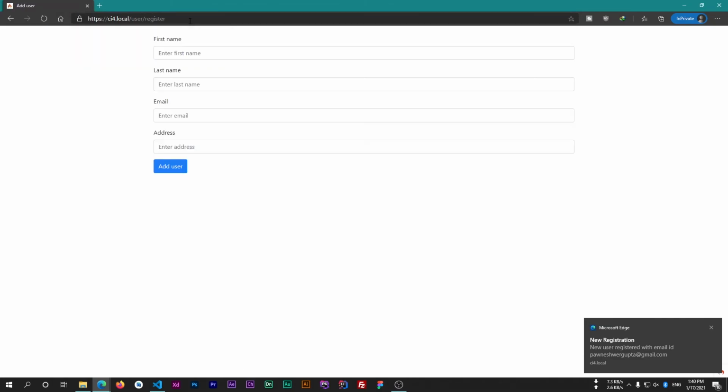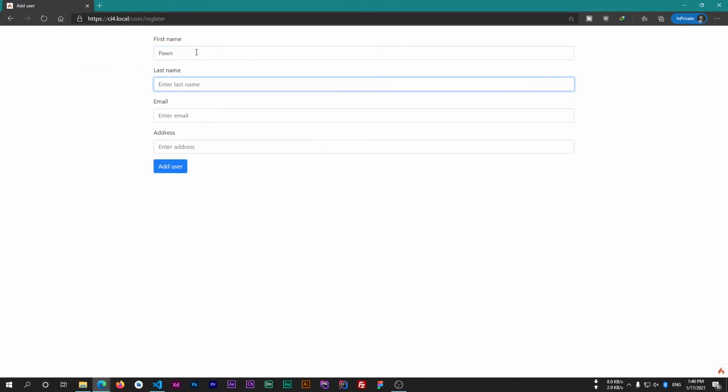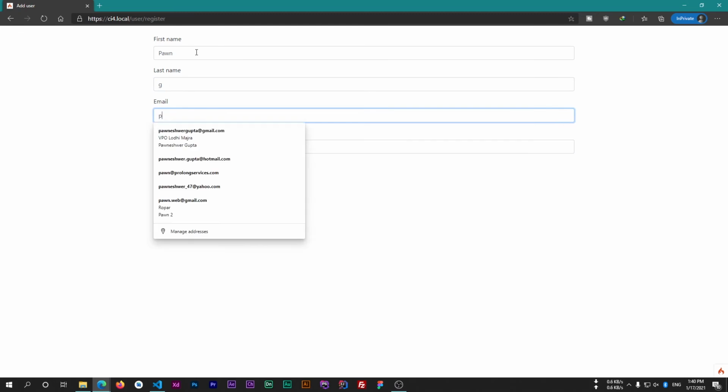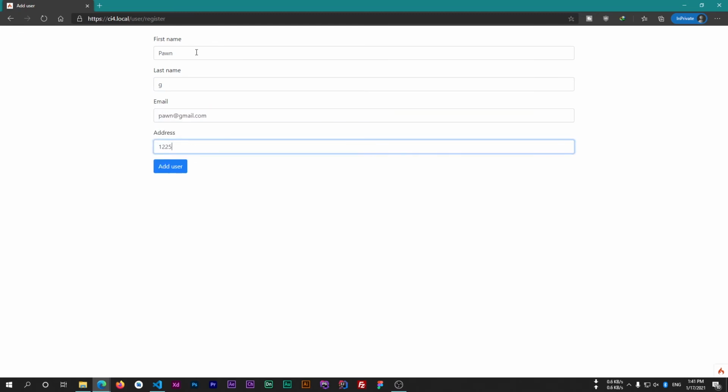So now I'll register with another email. And now you can see we have another notification, which is new user registered with email ID pawan@gmail.com.